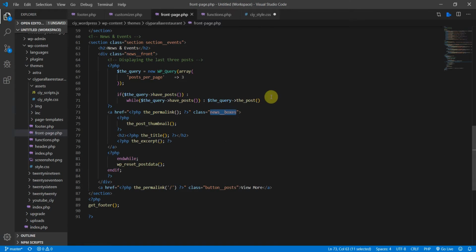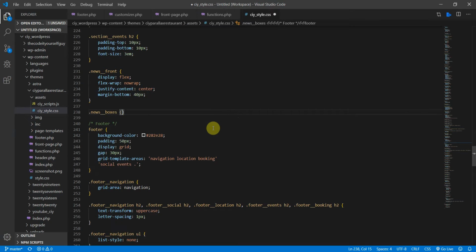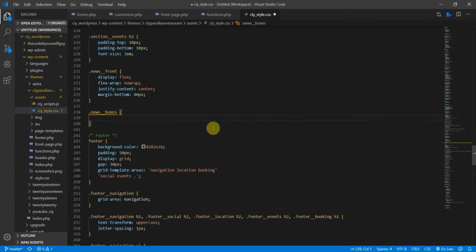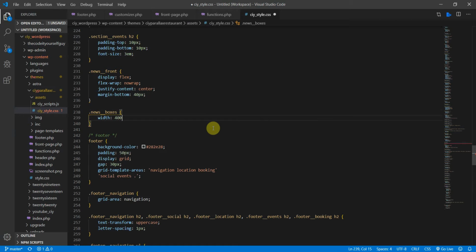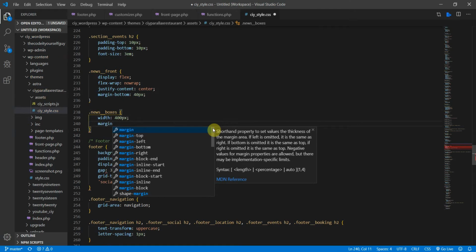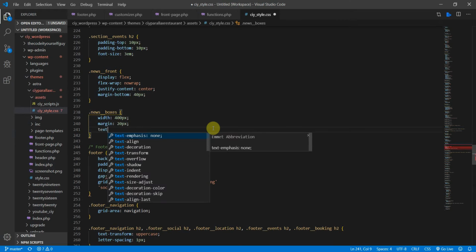Gonna copy and just paste it in here. And first one is a width of 400 pixels. I need a margin of 20 pixels and a text decoration